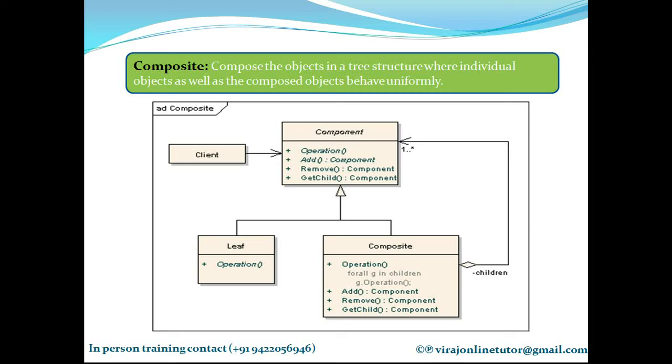So composite object is this. So this is a bit complex object which in turn is made up of small objects. Leaf is an object which cannot be broken down further. So in the composite, what are we doing? We have an add function implemented which will help in adding components to the list. I have a remove function which helps me in removing elements from the list, and I have a get child which will return a component from that particular list.